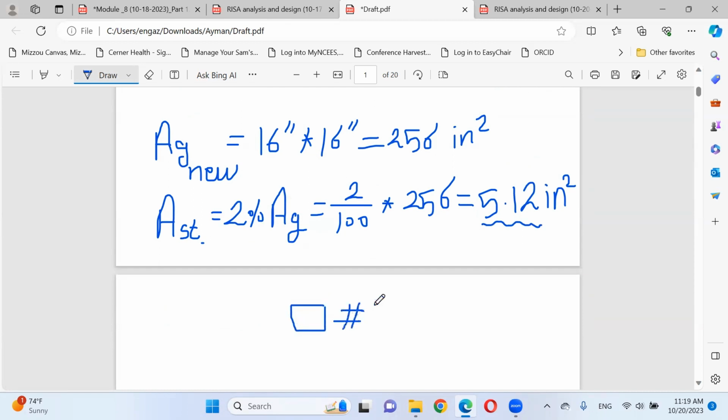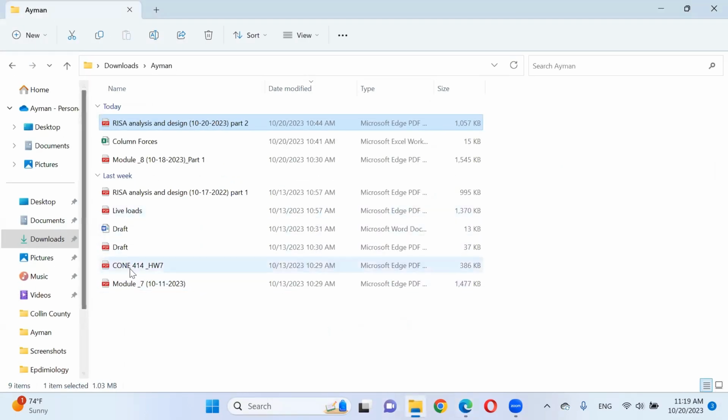Then I need to convert this area steel to how many rebars and what is the size of your rebar. So I'm going to open my table. We should have a table here. Looks like I don't have it. Okay, you can help me, or I can find it.